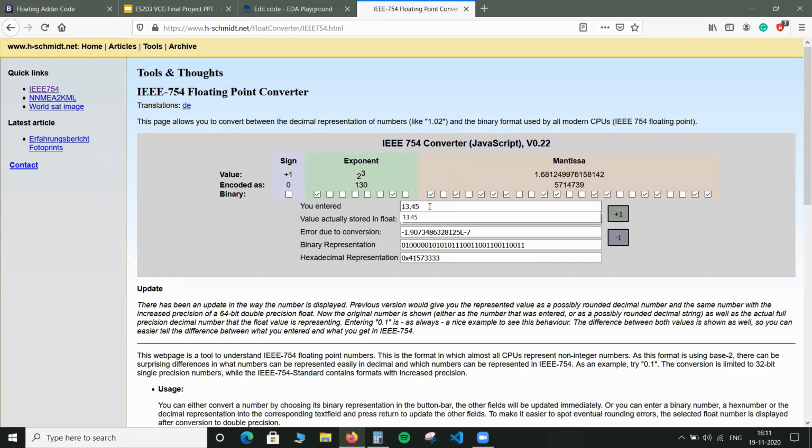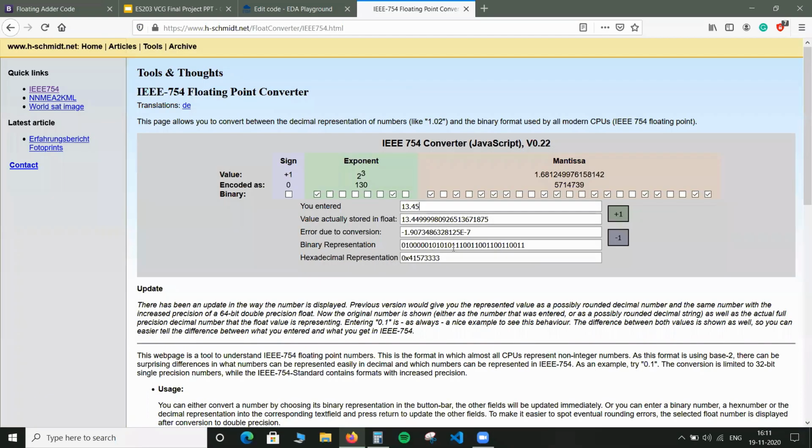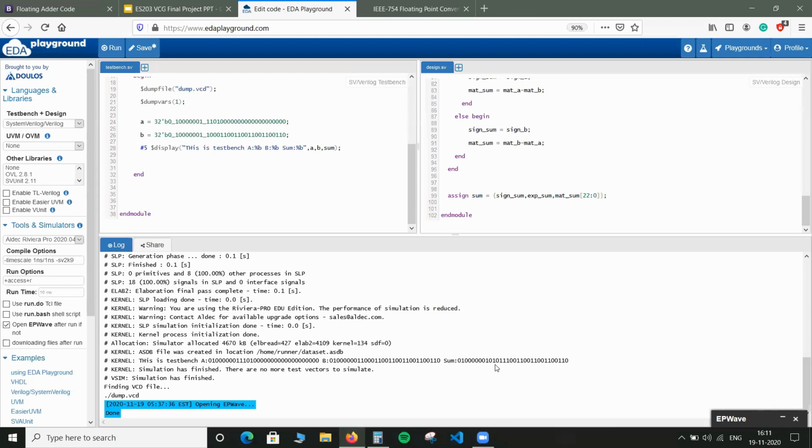I put 13.5 as a decimal number and convert it to binary. This is the binary representation of 13.5 in IEEE 754, and we are getting the same: you can see 0 1, then 70, and then 1010, then 10111, and here also you can see 10111, then 001100.